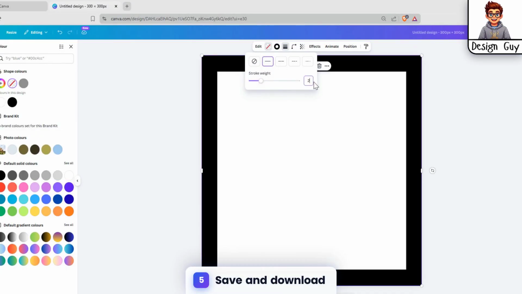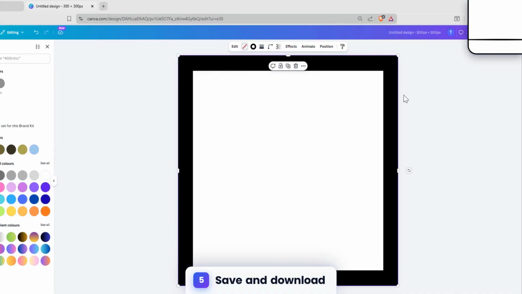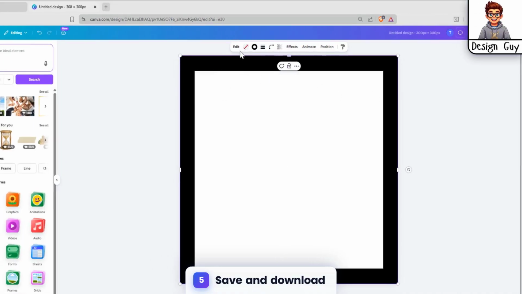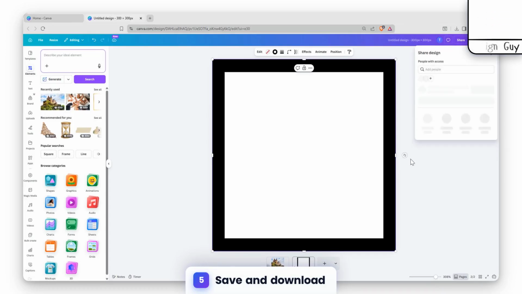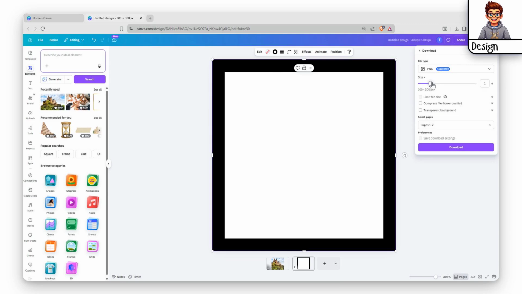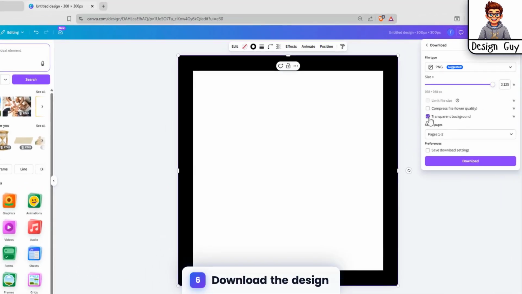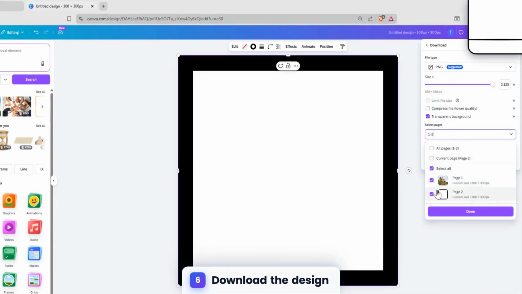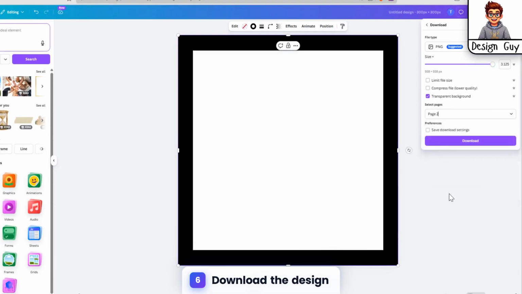After that, click the Share button to share your work. Finally, click Download to save the file to your device. This completes the process of adjusting and saving your settings. Increase the size, select transparent background, choose only page 2, then click Done and Download to save your edited image